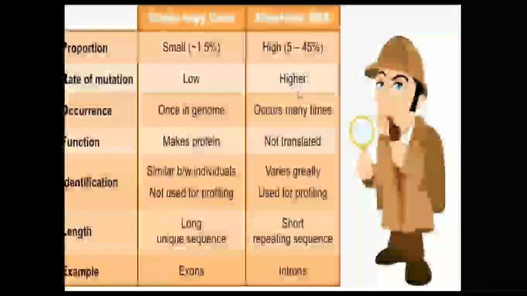Repetitive DNA has more mutation, but single copy genes don't have repetition and have very little mutation. It occurs once in the genome, as we have already said, one in 1 lakh genes. It is very rare and non-repetitive in nature, and it is very long. Single copy genes are long DNA strands, and repetitive DNA is short but occurs many times. Single copy genes are not repetitive and occur once in the genome.